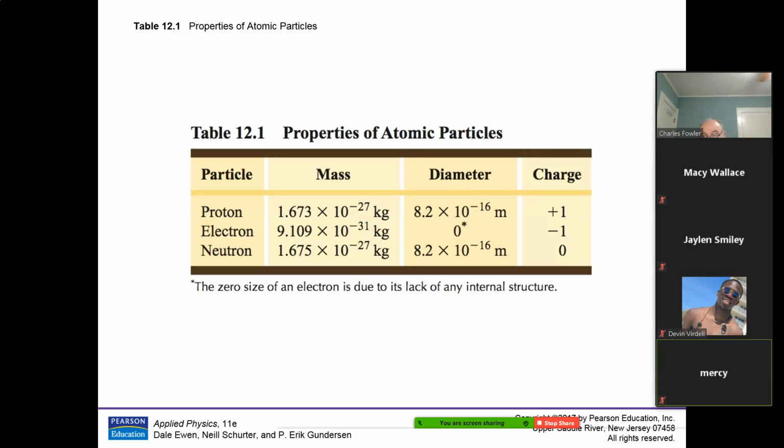Now, the electrons with very, very little mass and basically no measurable diameter, they fly around in space around that nucleus. But they define the outer limits of that